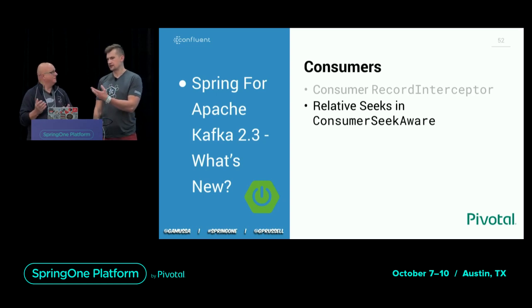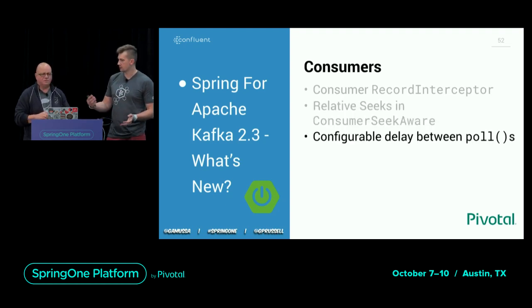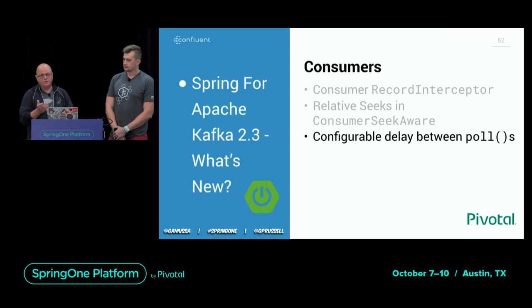Again, it's also like some of the things that I see in frameworks. If you develop a framework and you have a little more granular control over the records, is what you do. Exactly. Other users have said, when we finish handling the results of the previous poll, we don't want to go right around and poll immediately. So we want to just wait some time so they can throttle the rate at which they're consuming records.